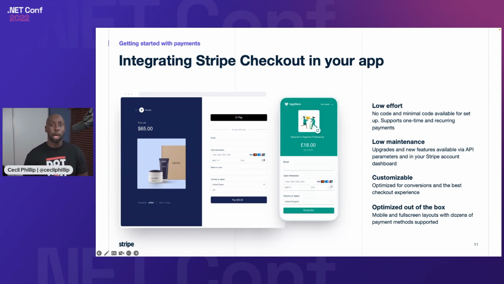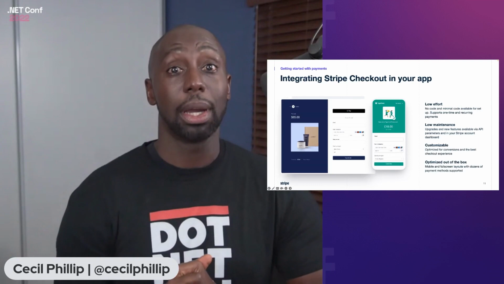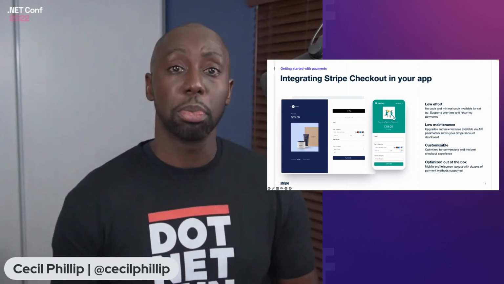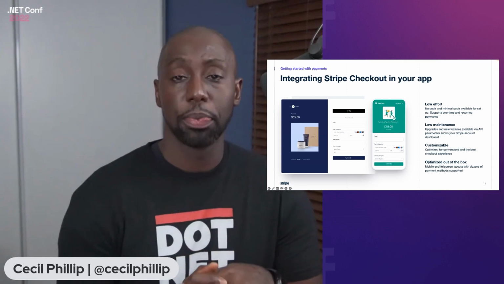And all you have to do now is just let us know, well, what are the products that you want to buy, how much they cost, who's the customer, send us some of that basic information, and then we'll process that on our backend. Now, the great thing I like about Stripe Checkout is that you have the option: you can either go full on code, right? You could write it all in C# .NET yourself if you wanted to, or you can use the no code option as well. So again, just depending on the type of business that you're building and the type of integration you want, you have the option to go from one way to the other.